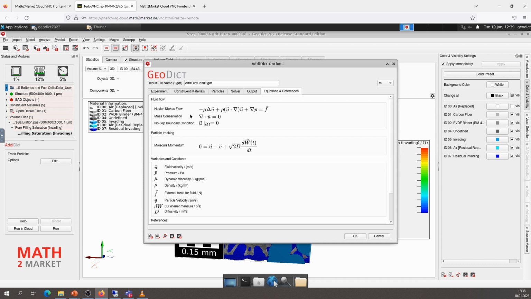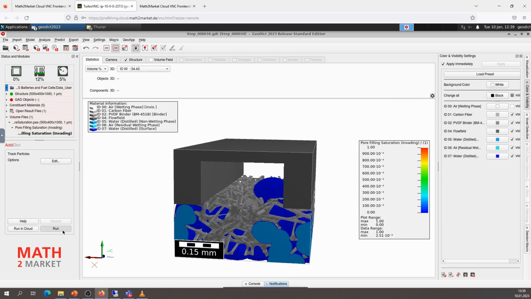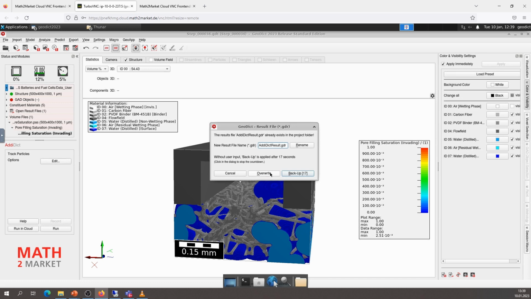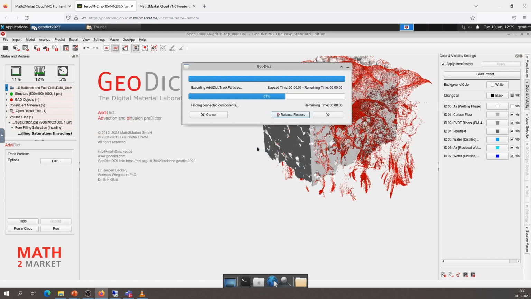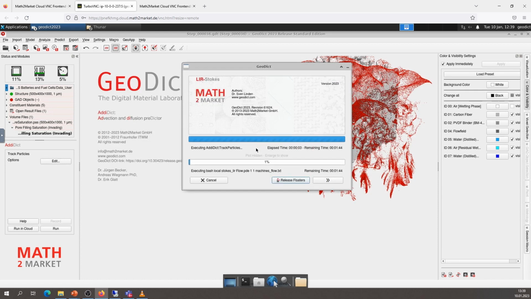Here you can look at the equations. You can click on OK, and I will click on Run. I did the simulation before one time. That's why I click on Override. In fact, I had the wrong setting before. I recorded, that's why I already have this.